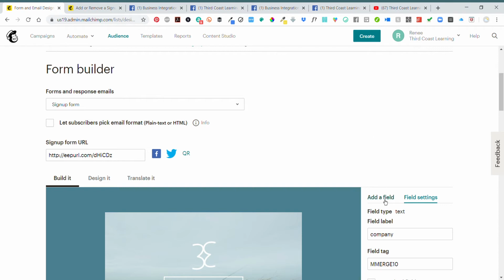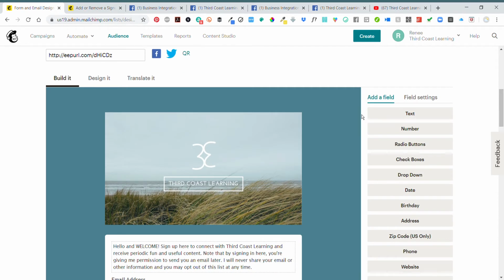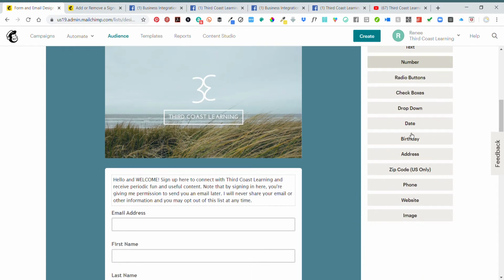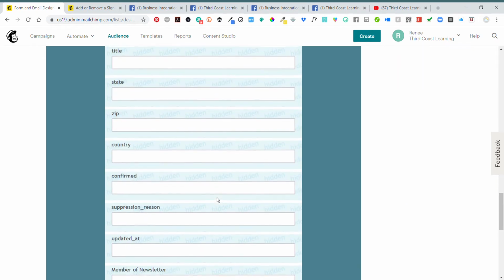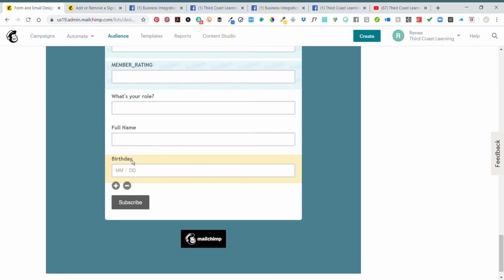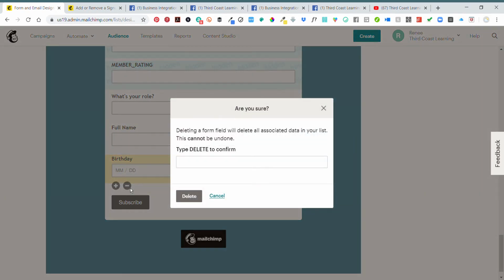Another thing that you can do is go to add a field. Let's say I wanted somebody to add a birth date. If I click on birth date, it's going to add it to the bottom of my list. And now this is going to show up on my Facebook page as part of the form that they would fill out. If I decide I don't want to add this, then I can click on the negative or remove,